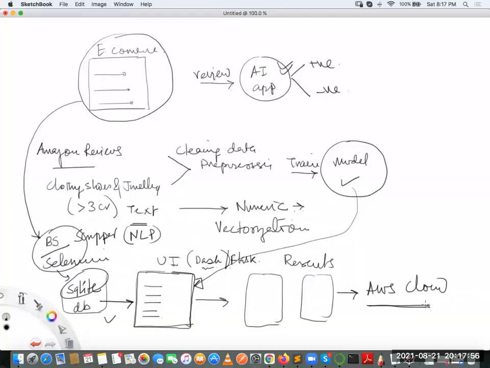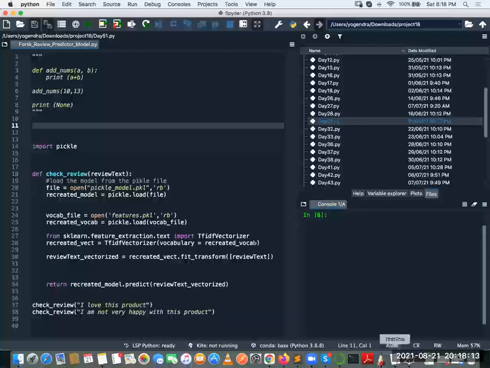Okay. So guys, let me show you how this model was working. We took the Amazon reviews, we processed them, we cleaned them, we converted that data into a numeric representation, we trained that model, right, guys? So, if I just show you one simple code, someone was asking me yesterday.